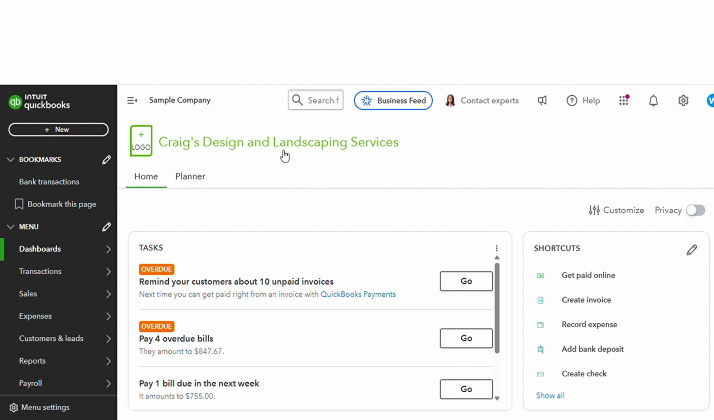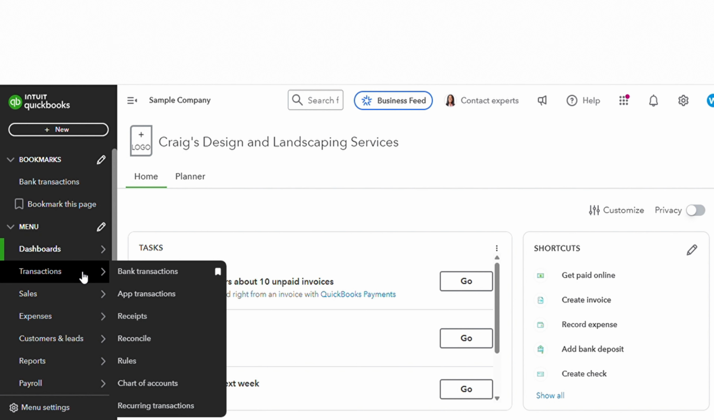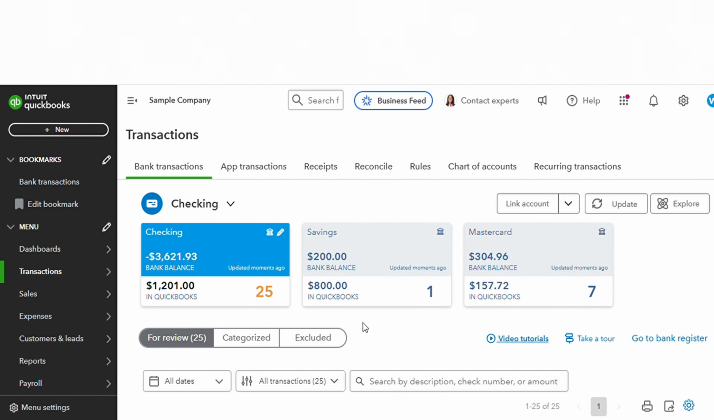you are going to want to do is to navigate to the bar on the left side of the home page under the menu tab and hover over where it says transaction and then select bank transaction. Now from here we are able to see all the bank accounts and credit cards that have been connected to